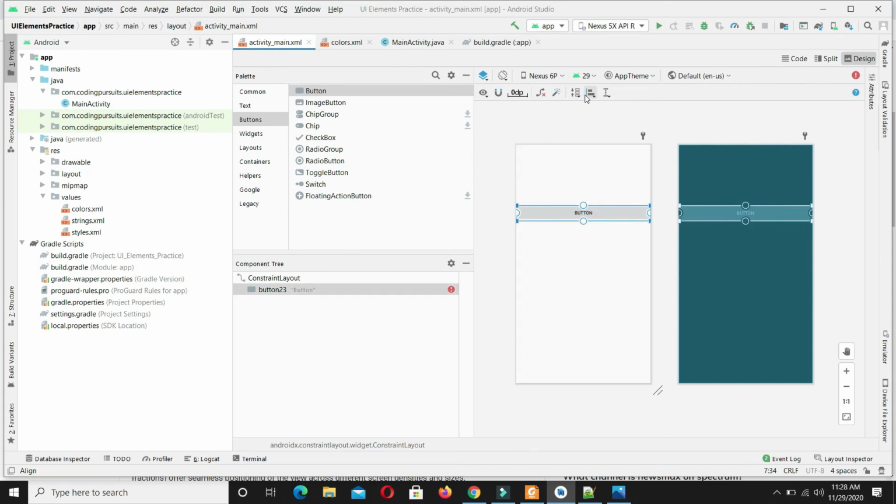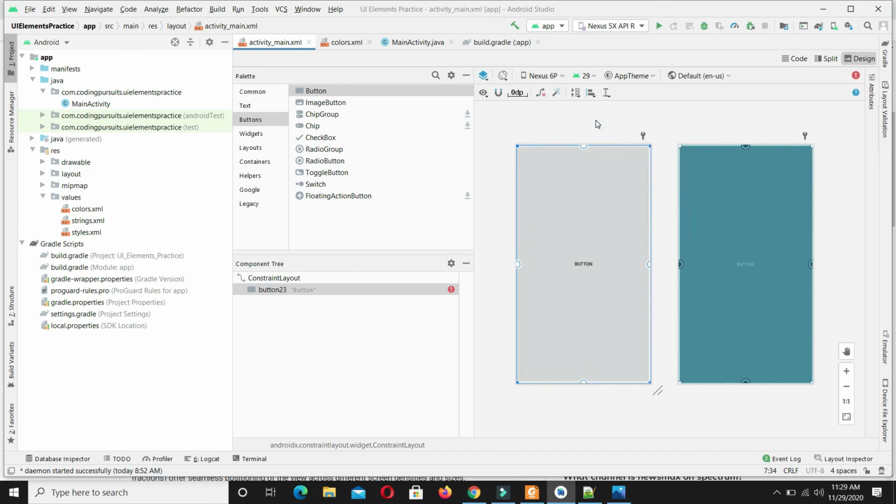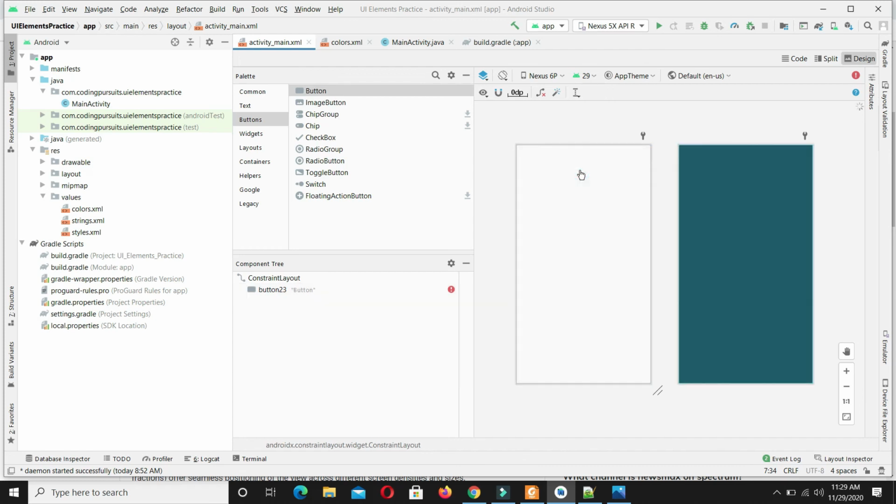Now two more buttons are visible. These are used to expand my buttons. Currently it is expanded on the horizontal side, so you will not see any effect. If I want to expand it on the vertical side, it will vertically cover all the available space of the parent view. Click and delete it and create a brand new button from here.